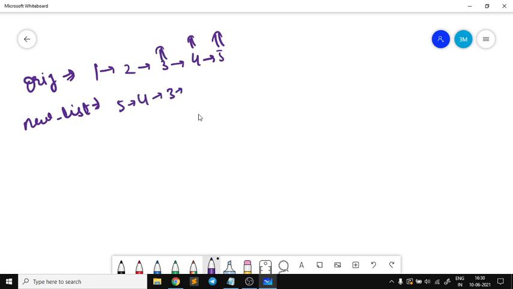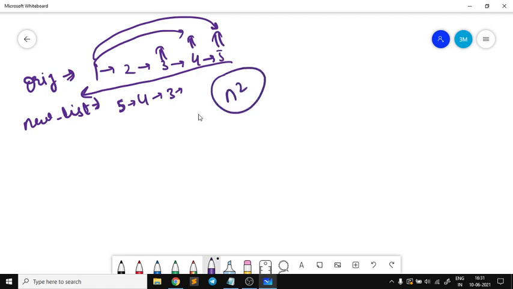But the issue here is that this is a singly linked list, correct? So you cannot traverse in the backward direction. For that, what you have to do, you just travel till last, correct, and store it in the new node. In the next turn again you travel from 1 to second last, then 4. So in this manner it will take n square time, correct? So it is not the optimal approach, and also it is having some extra space kind of thing. So let us now see how we'll solve it.